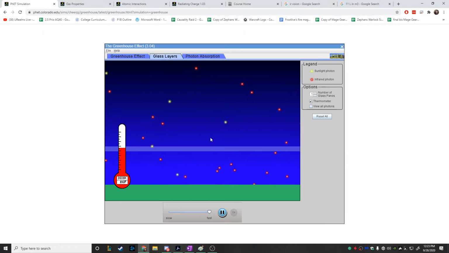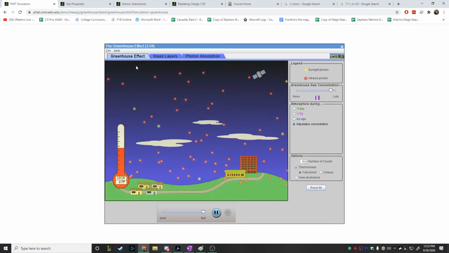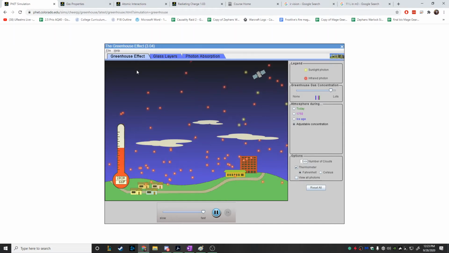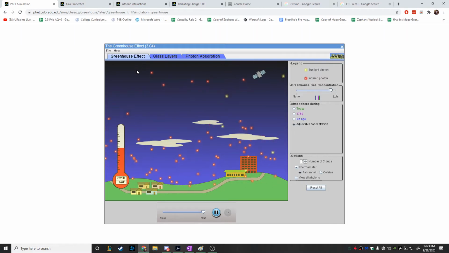The question is, and I think this is where the political part of it comes, is the addition of extra CO2 molecules to the atmosphere something that has been driven by humanity? Like, is it caused by us? That's the first question. And a lot of people would say, no, it's not caused by us. It's just a natural warming and cooling cycle of the planet. And then the other point would be,